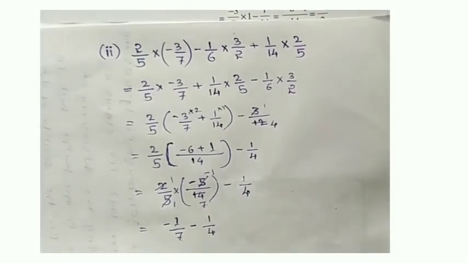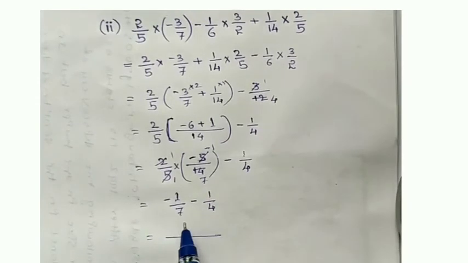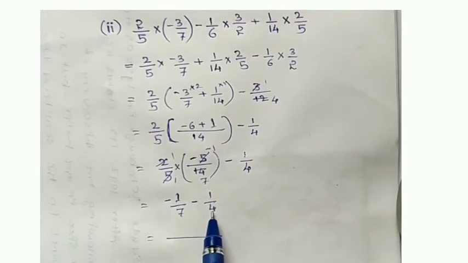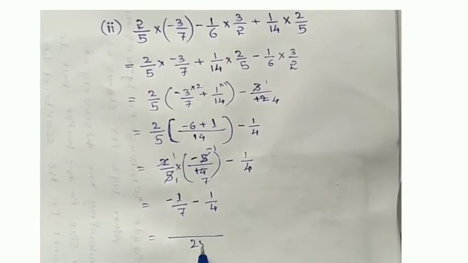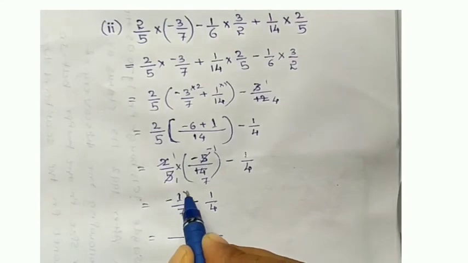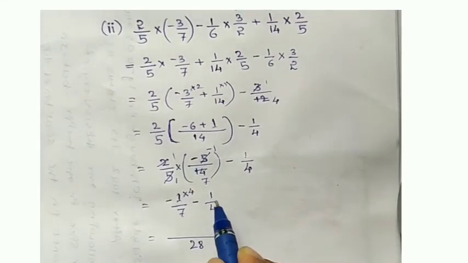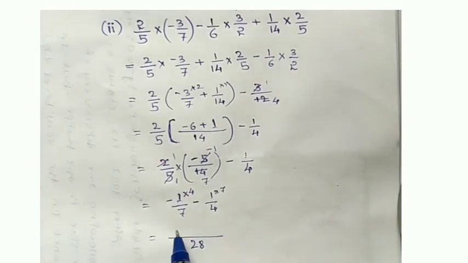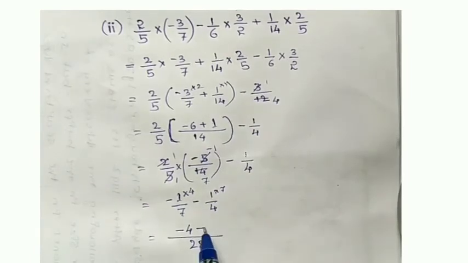So here 7, here 4. Try to take the LCM of 7 and 4. What you have to do is start counting the table of 7. Whatever number comes, it should also be in the 4th table. It is a very simple method. 7 fours are 28. So 28 is in the 4th table also, and in the 7th table also. 7 how much is 28? 7 fours are 28. 4 how much is 28? 4 sevens are 28. So here minus 1 into 4, minus 4, minus 1 into 7, minus 7.